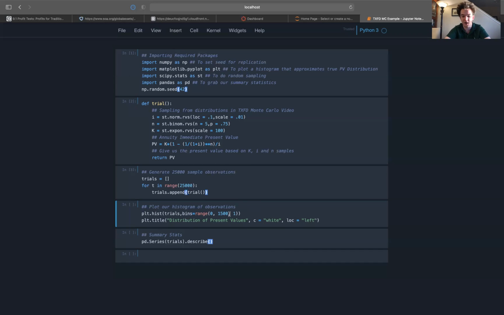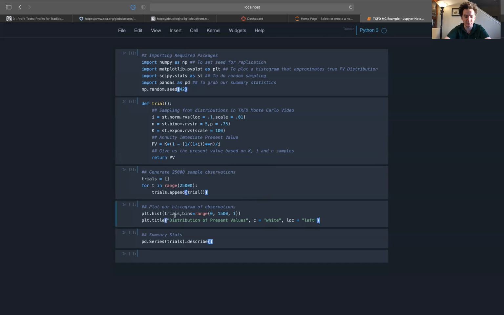So I chose to cut it off there. As you'll see, the tail is obviously implied to go off to infinity, and you can have values anywhere from 0 to infinity on the positive real line, or on the non-negative real line. But for the purposes of this video, I felt it was all right to cut it off